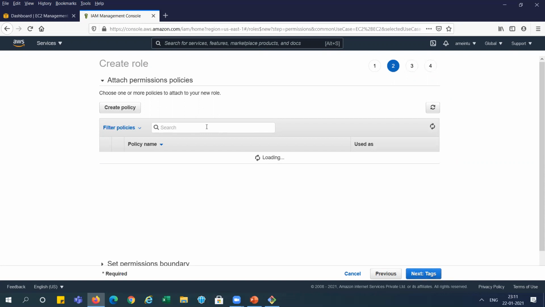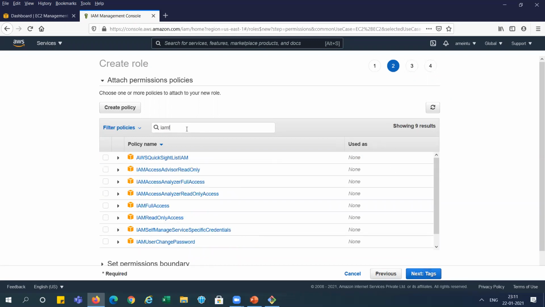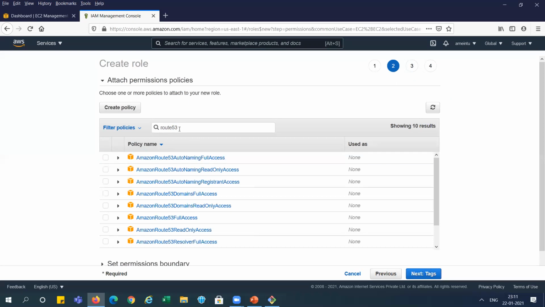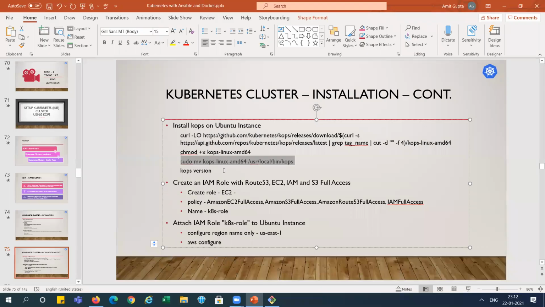Now we need to search for the policy here. S3 full access. See this one. IAM full access, right? Route 53. Route 53 full access, right? And which one is pending here?